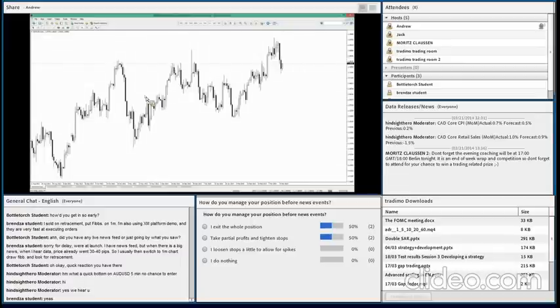Now, when the larger players want to find liquidity, they will very often overshoot that level, triggering the stops of those technical traders, okay? We'll go into that a little bit in a little while, but essentially there are two ways of playing it. Now, if we start on a daily chart like this, the first thing that sticks out to me is